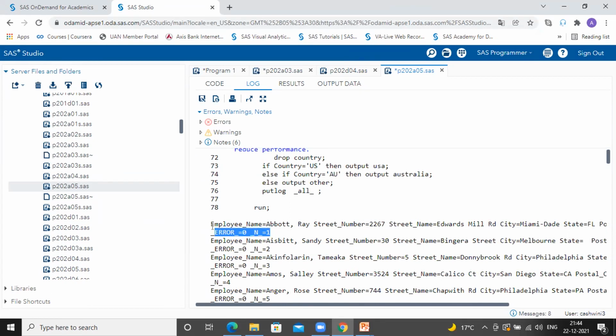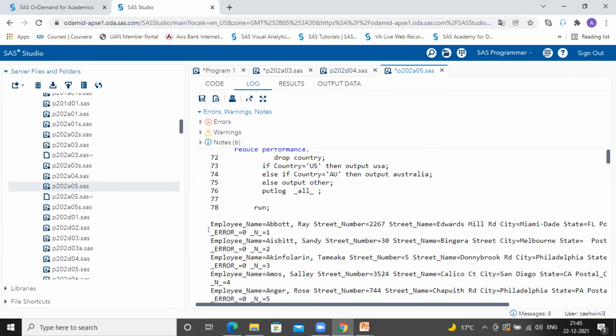These are indicator variables which are temporarily created at the time of data being processed. They are not written to your output data set. Please make a note. This underscore ERROR underscore always has a Boolean expression. Boolean means true or false.